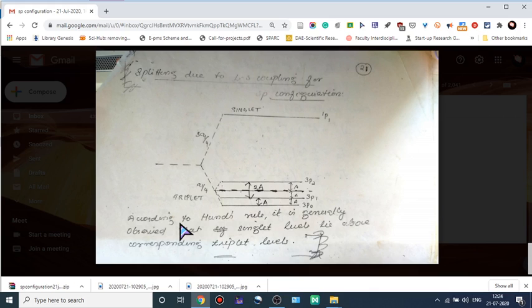Okay, keep in mind that this Landé interval rule, here the difference in energy is proportional to the larger of the two J values associated with it. That is proportional to A into J plus 1. Okay, thank you.